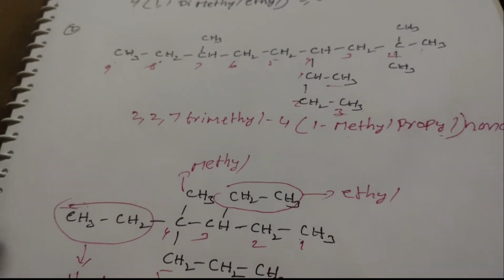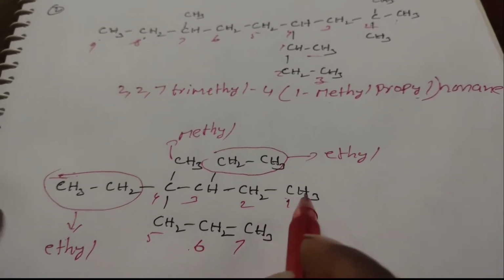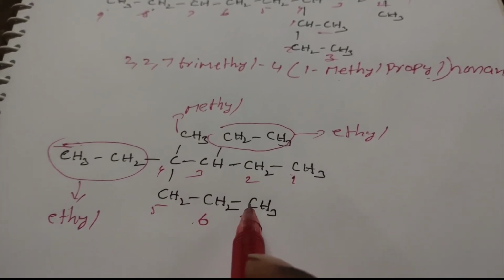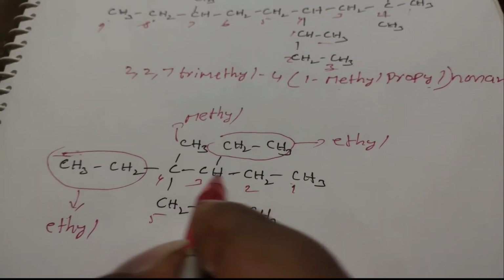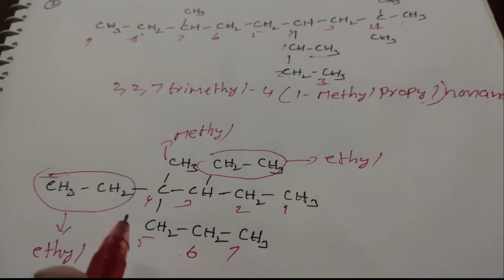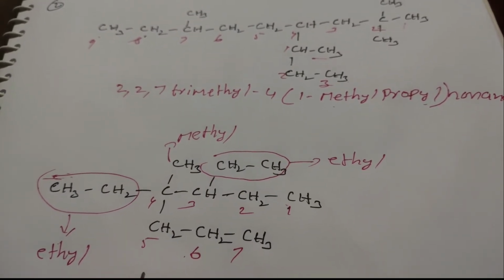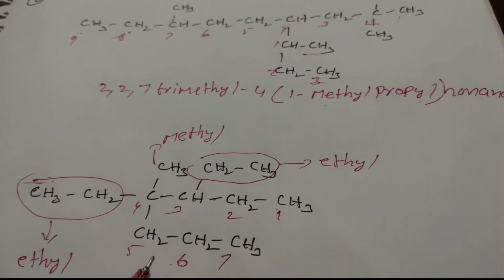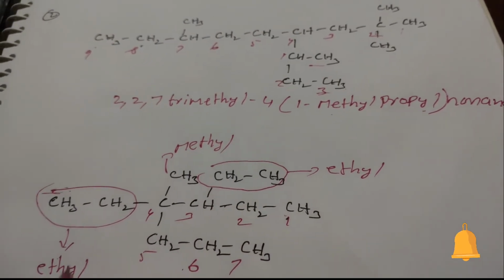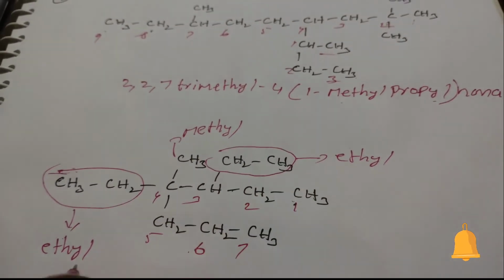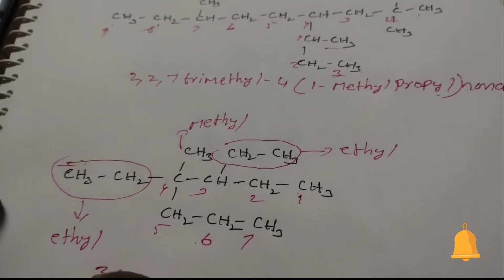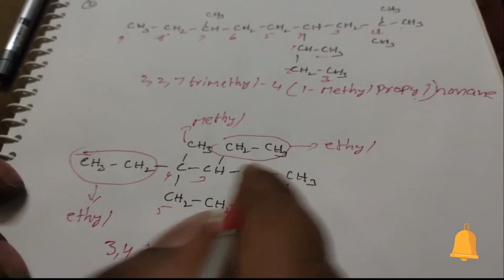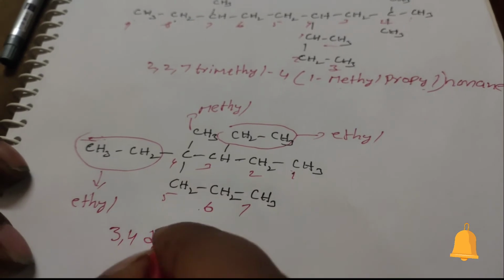Okay, students. Now I will try writing the name. The total number of carbons is 1, 2, 3, 4, 5, 6, 7. So the root word is hept, and between carbon and carbon there is only a single bond, so the suffix is ane. So I am trying to give the naming of the compound. And in the third position and fourth position, which groups are present? Ethyl. So 3, 4 di. 3, 4 di. What is the di? That is nothing but ethyl groups.